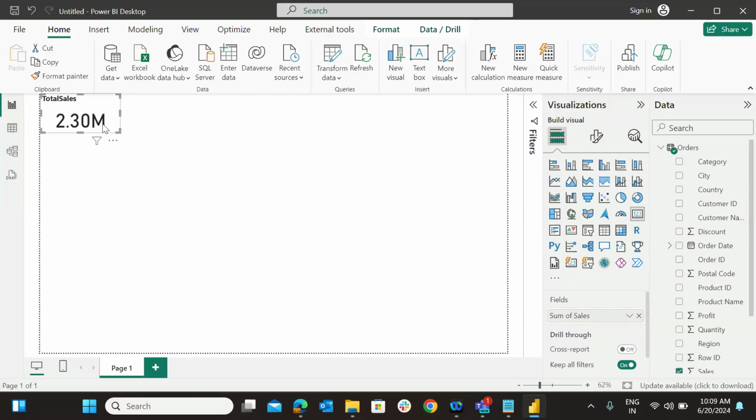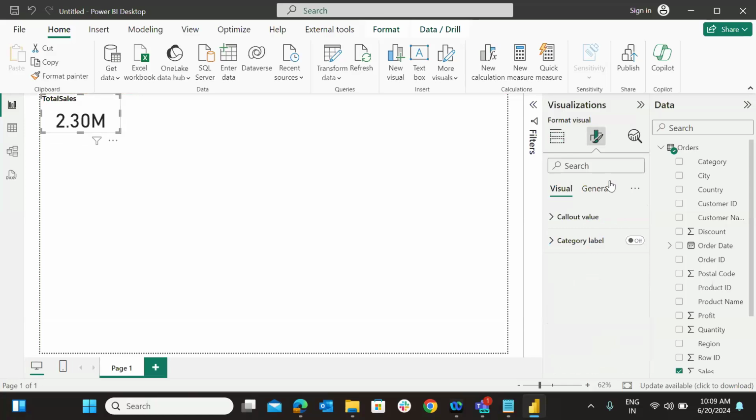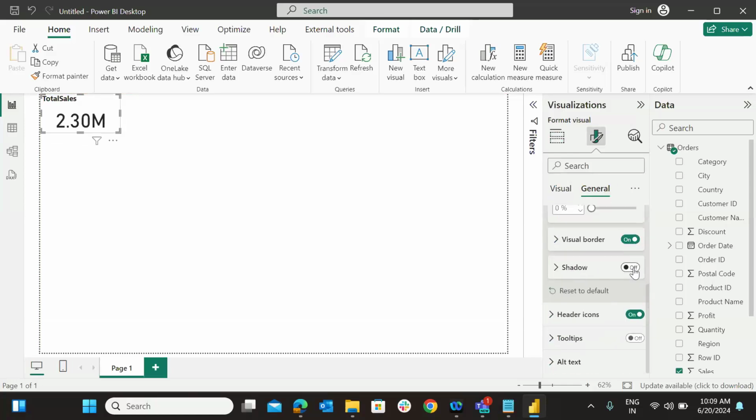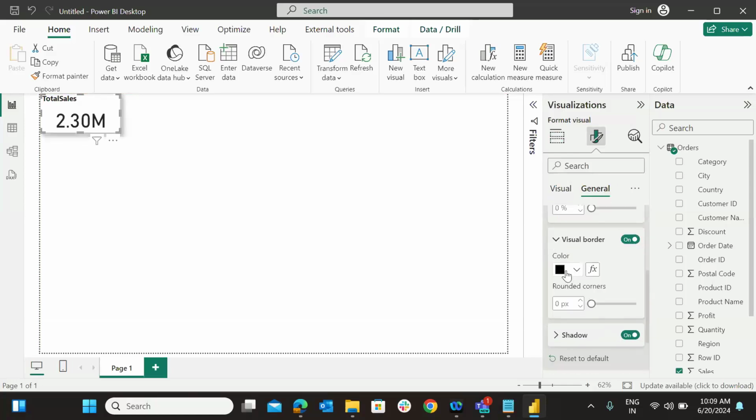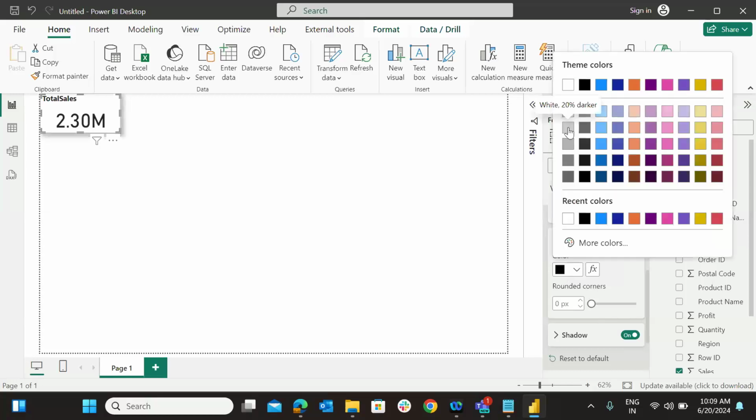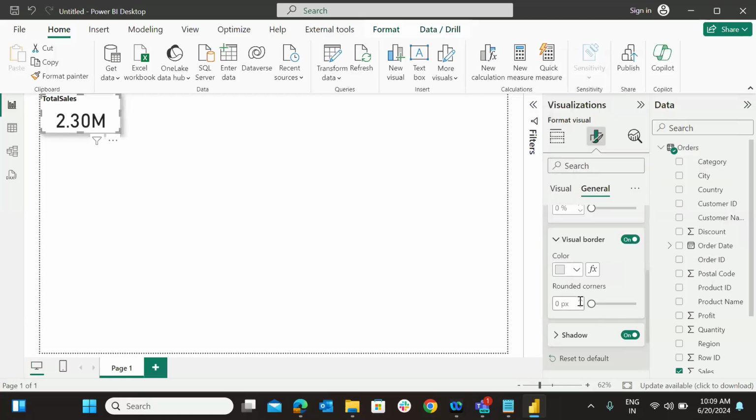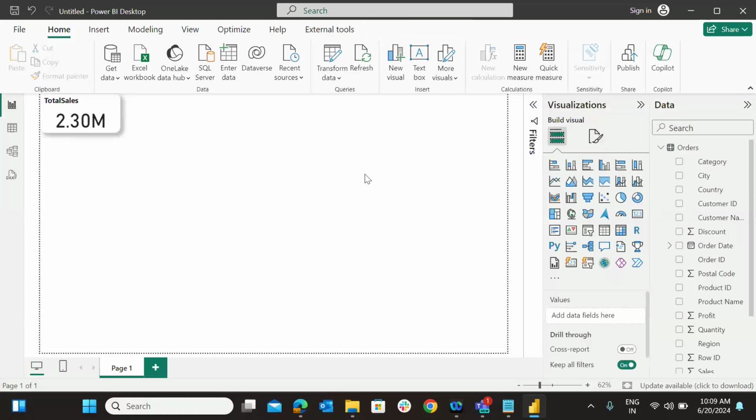And if you want to give borders and other things, what we need to do is go to format visual, general, effects. Give some border, give some shadow, give a lighter color to your border, and give some rounded corners. Okay, now it looks better. Yes, sir. Okay, so similarly, any kind of aggregated value if you want to show, the best visual to show